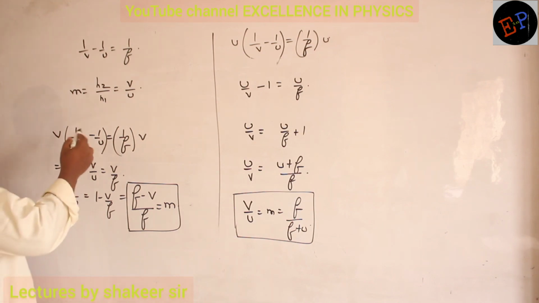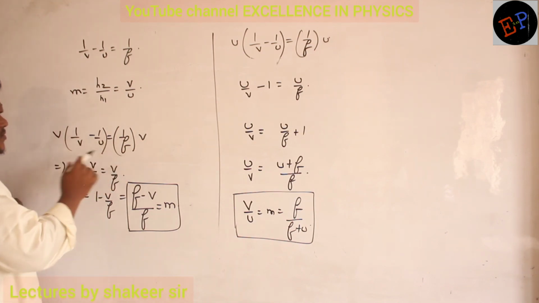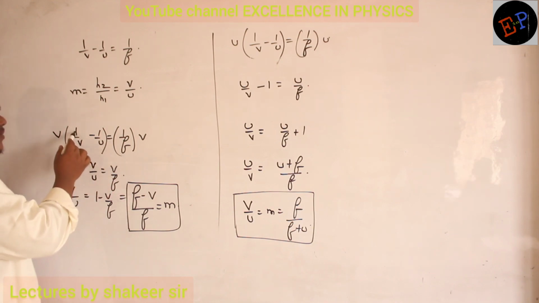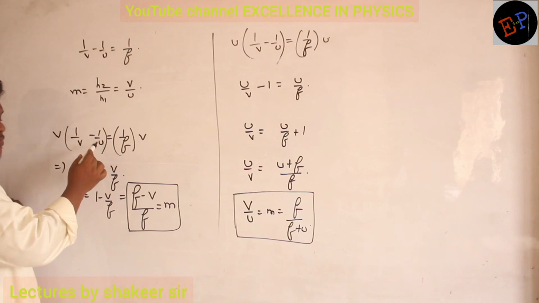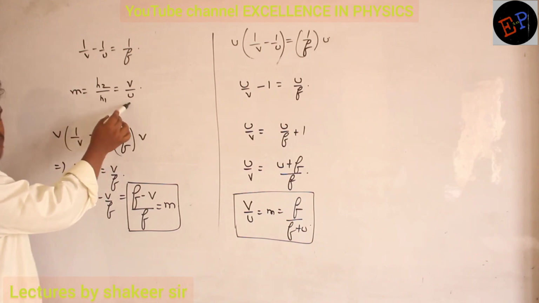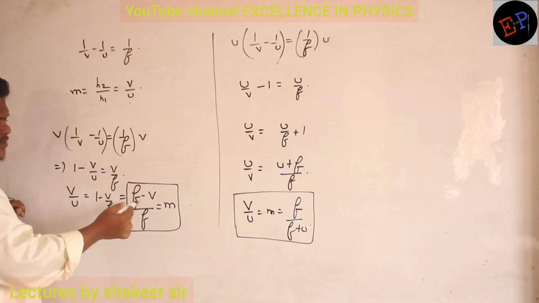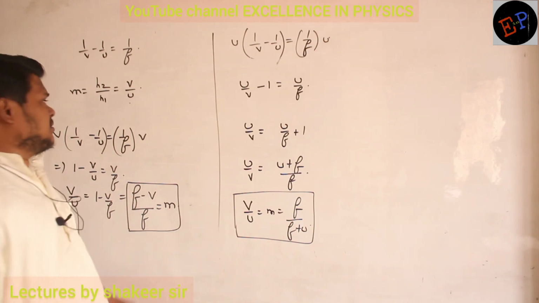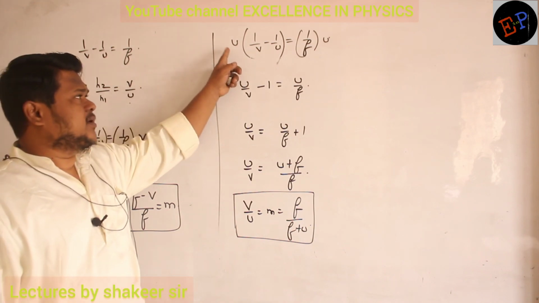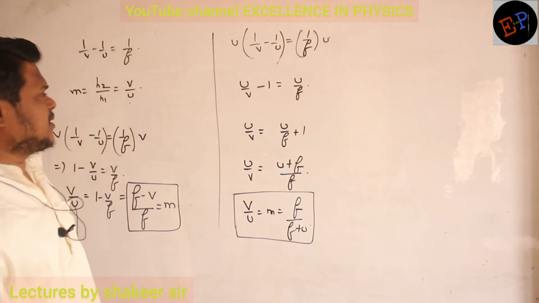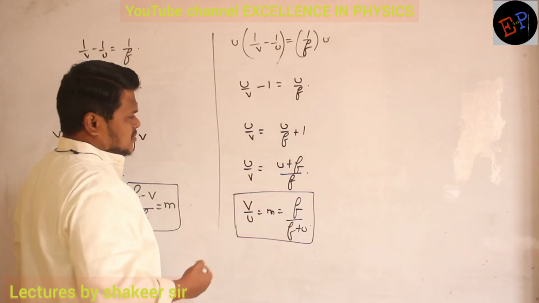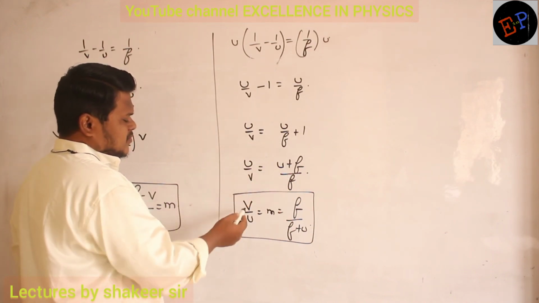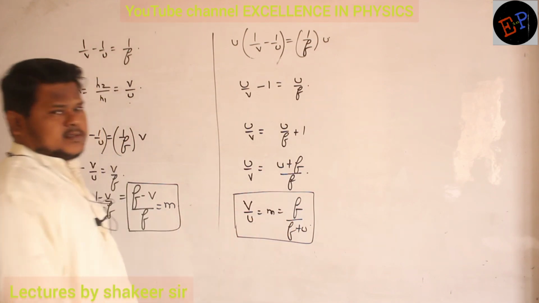To the lens formula, first of all I have multiplied V on both sides. So V by V will become 1 and here I will get V by U. And V by U is nothing but magnification. So take V by U on one side, and this is the equation which I got: F minus V divided by F. Then the same lens formula I have multiplied by U. Once I multiply by U, this is the equation which I got: U plus F divided by F. Taking the reciprocal, since I require V by U, it is F divided by F plus U.